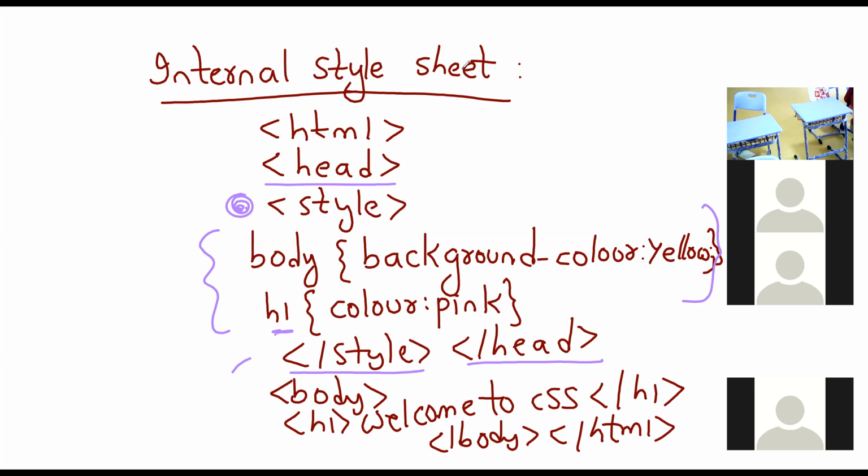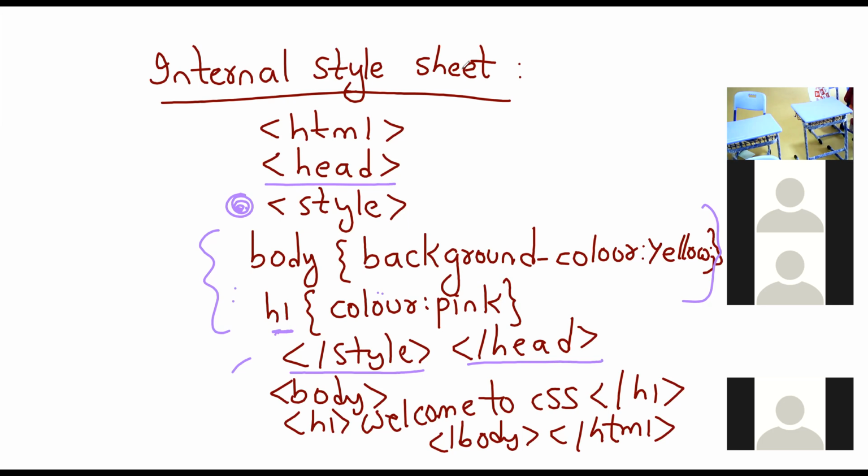But even in internal style, you still have to type the background and color for each text. Here we need to mention it, right? This is the place where we declare all the tags, all the declarations, and then we can type the whole text. Ma'am, if we want to implement that color, can we write that number? Yes. Whatever is declared here, and the text we enter here, will be affected automatically. So we need not enter it for each and every body, each and every heading. Okay, yes, ma'am.